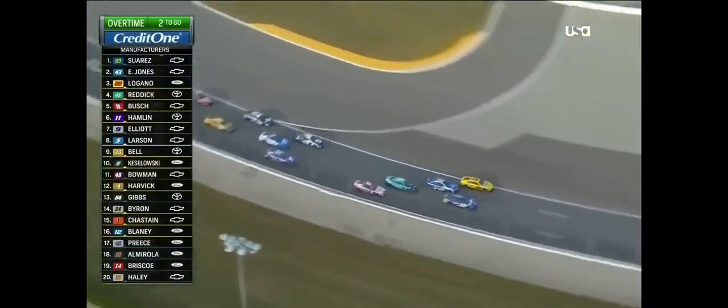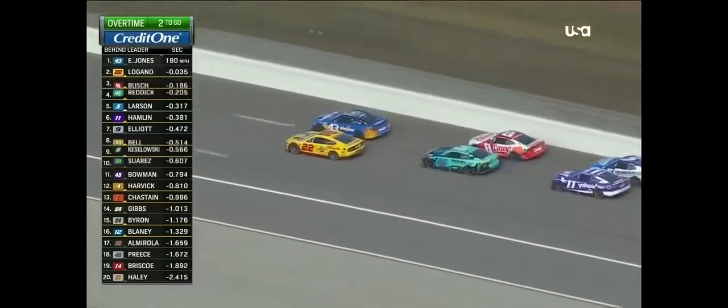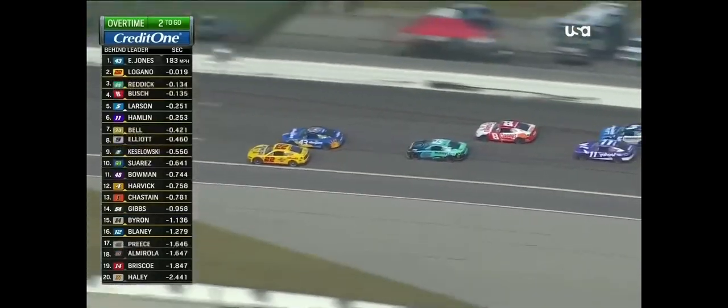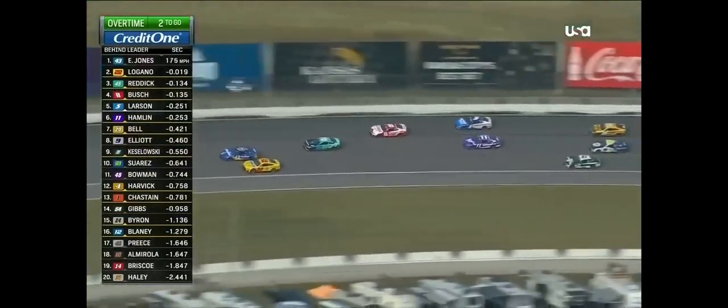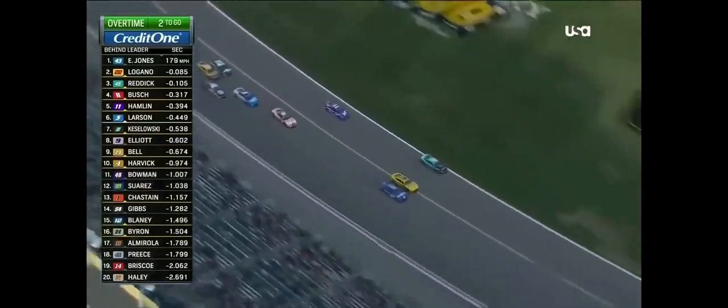Logano to the inside, 3 wide. Can he clear? Here comes Jones on the outside. 2 tire stop for Jones as he works that outside. Larson loses a little momentum. Here comes the 8 of Kyle Busch as well. It's a big run from behind on the back straightaway. Hamlin and Larson contact into 3. Reddick now with momentum coming to the outside. Reddick dives down low, 3 wide. He's going to be